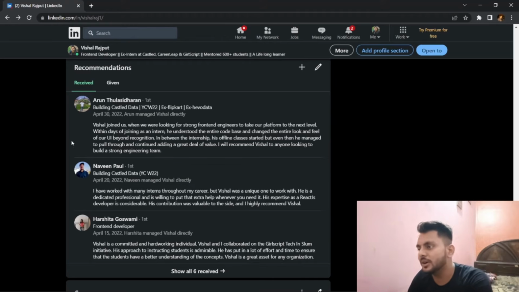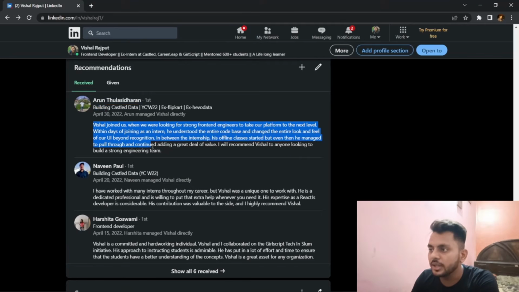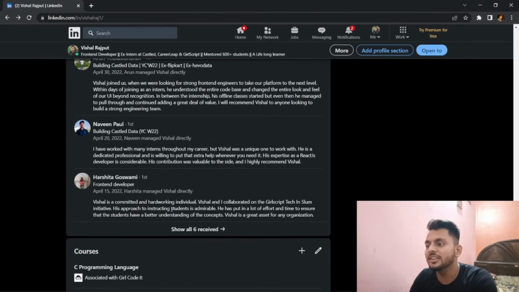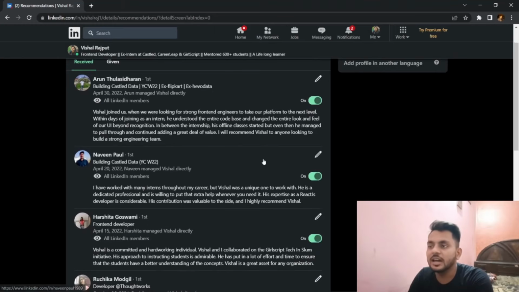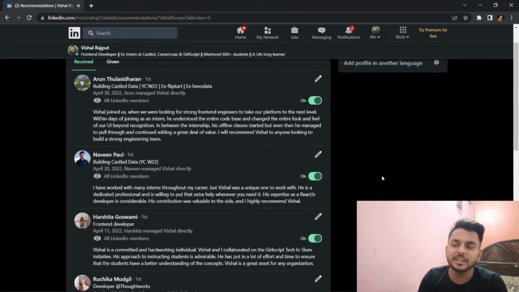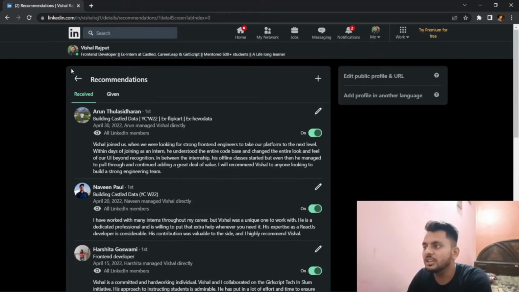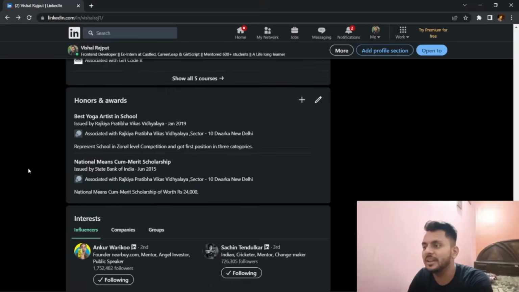As you see, I have worked for KSL Data. KSL Data is a startup, and in that startup I worked for 4 months as a front-end developer. Their co-founder is writing this. So this is something like proof of work, showing the value that I have added. In all the MNCs and startup organizations I have worked for, I asked them to please write a small recommendation for me, so it will boost my profile. You can see that all of them have written so much about me, which is great. If somebody appraises you for your work, that's the best feeling you can get.